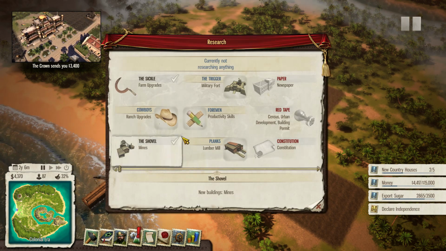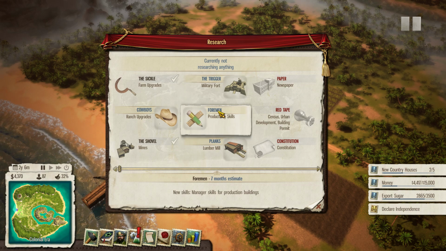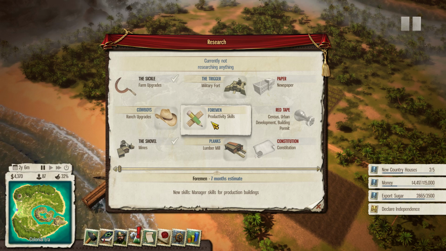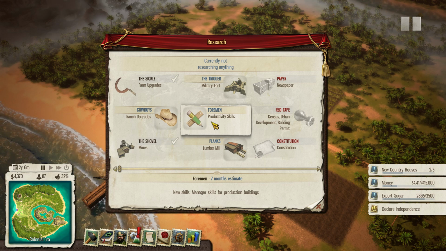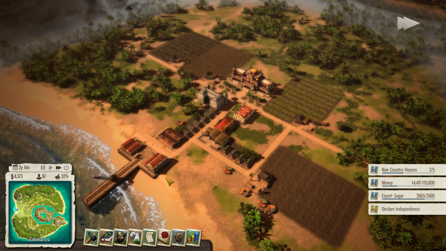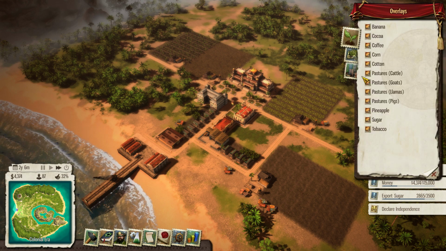We can also start researching something else. What I think I will do is start researching the second level tech. Manager skills for production buildings. Oh, that's probably good, because right now we've only got the landlord skill. Actually, let's go ahead and unlock that and see what we can do with it. There was something I wanted to do. Oh, the overlays. I want to see...